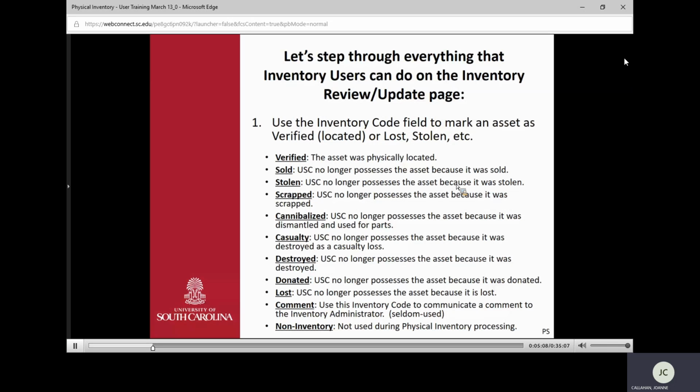The first step is using the inventory code field to mark an asset as verified or lost or stolen. It's important to note that most of your assets will be the first option. This is all in a drop-down menu that I'll show you in a second. The first option is to tag an asset as verified, which means the asset was physically located, it's in good shape, and there's